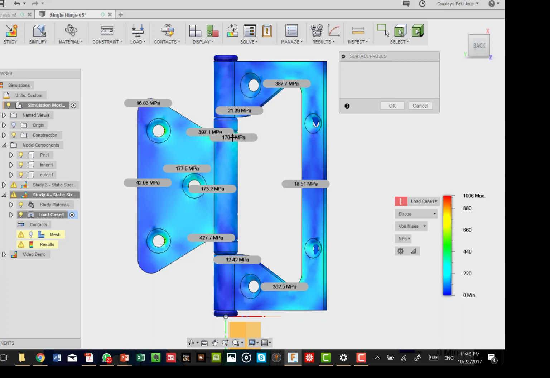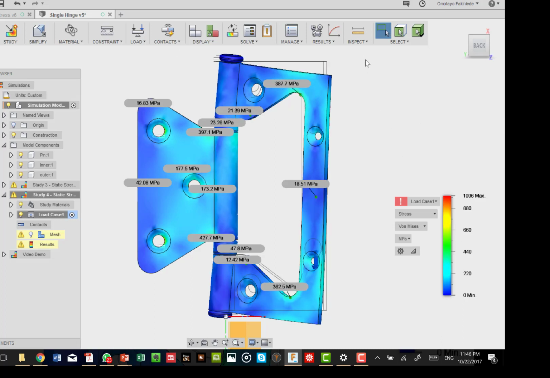Okay, let's put some surface probes on the pin. Let's say one here and one here. Now, what do these tell us? Let's say click OK. What these surface probes tell us are as follows. First of all, we can see that the stresses around here are very low. Now, when we cut a space for the inner out of the outer body, the area where we really have problems are the extreme edges of that inner object. In the initial area, we can afford to make it smaller or bigger here. It's not going to affect much.